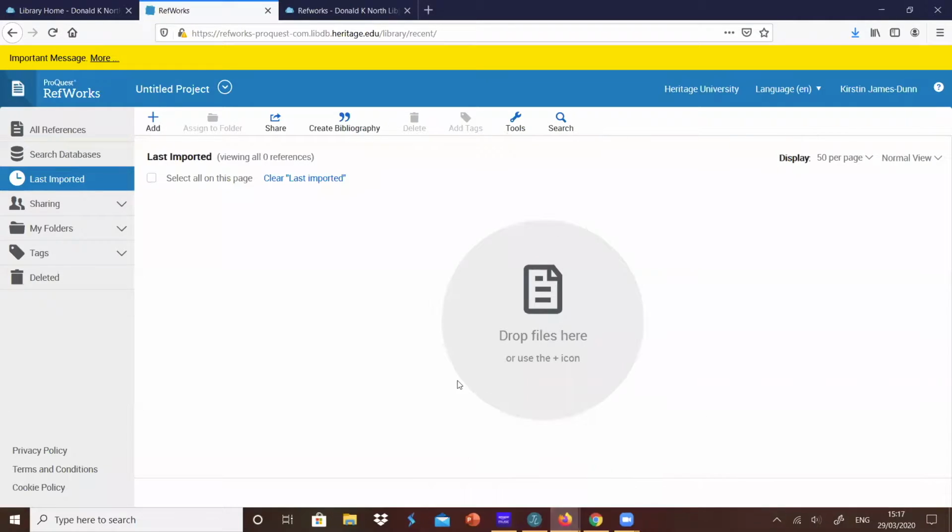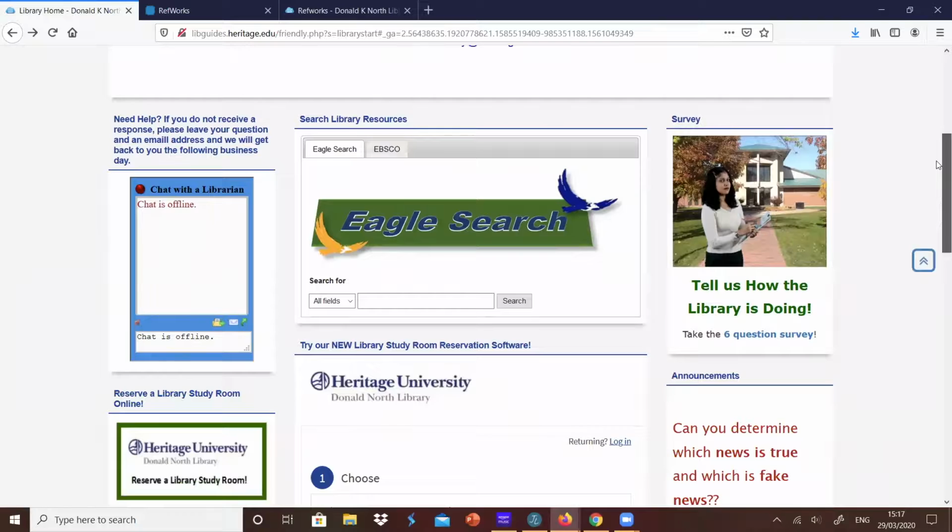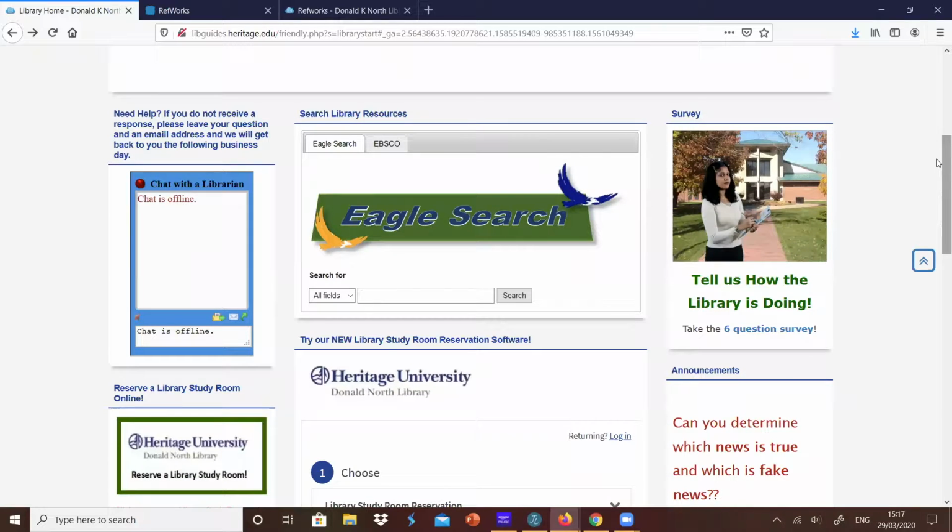Right. So let's come back and look at that library page again. I want to do a search on Eagle Search. Now, this is what we call a meta search engine. That means that it's a search engine of search engines. So if I put something in this window, I'm going to get a lot of different search engines on the net answering my question. So my question has to do with